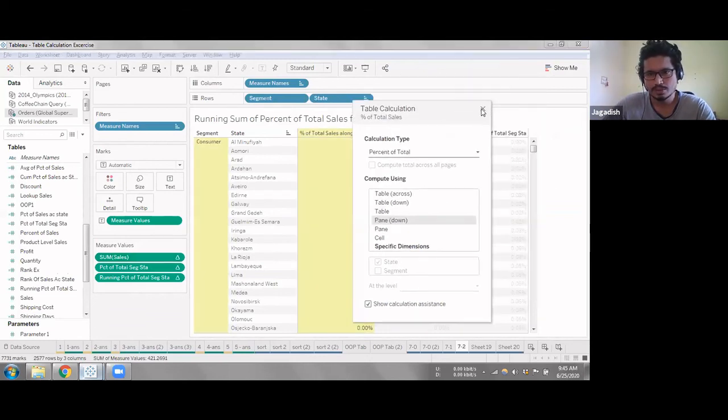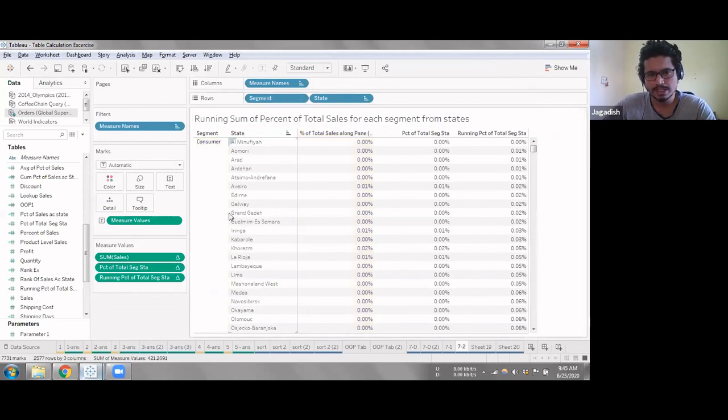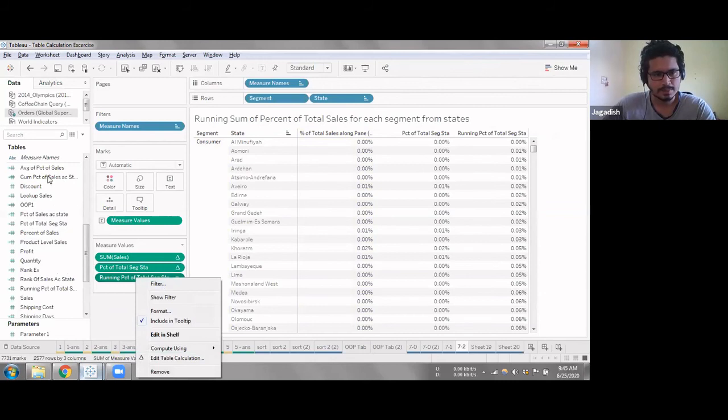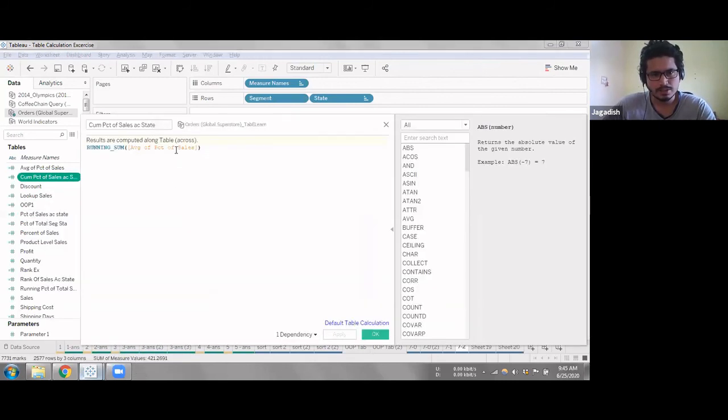What you can do is save that particular calculation as a field, like we calculated cumulative percentage of sales. This field itself is a table calculation, and this running sum is acting on top of that table calculation, so it's equivalent to a secondary calculation.